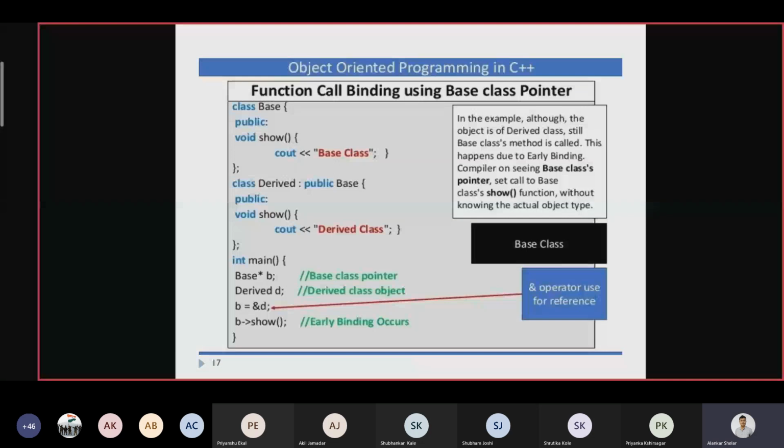Operator overloading. So what is operator overloading? An operator basically works on variables, right? And those variables should be of a primitive data type, like integer, double, character.